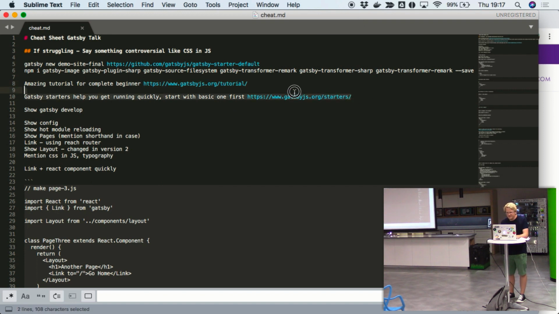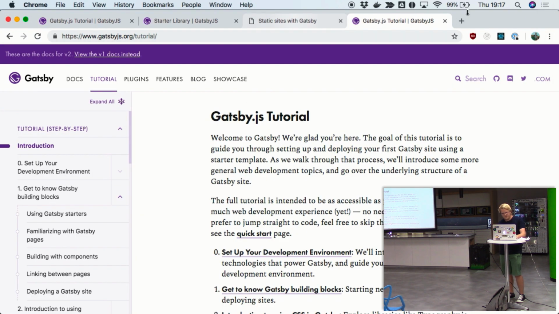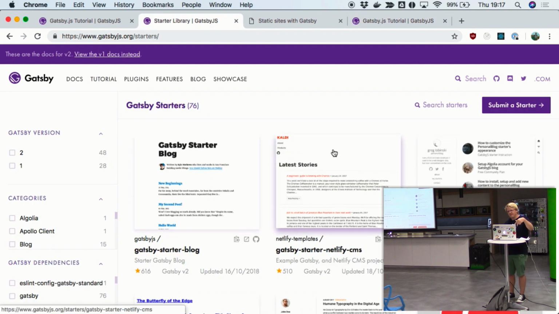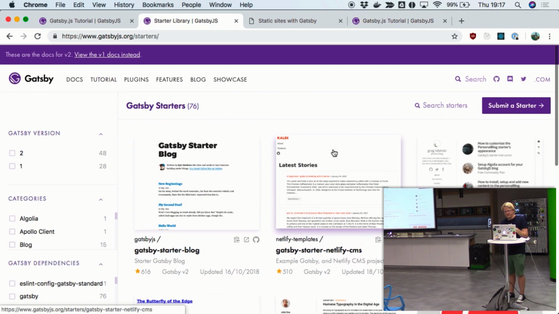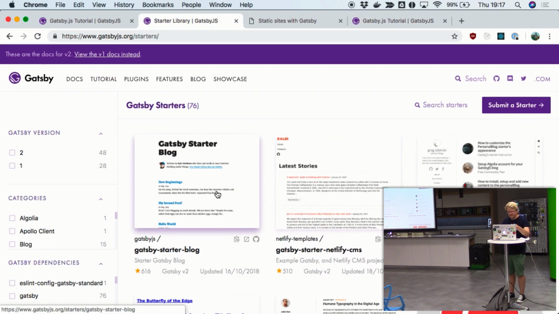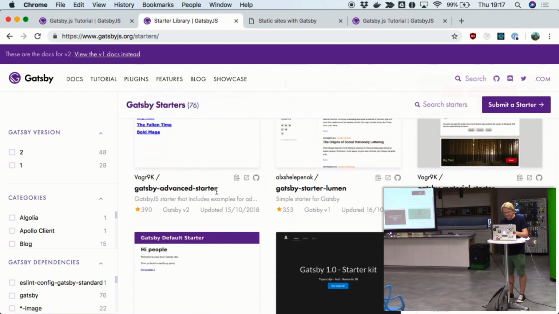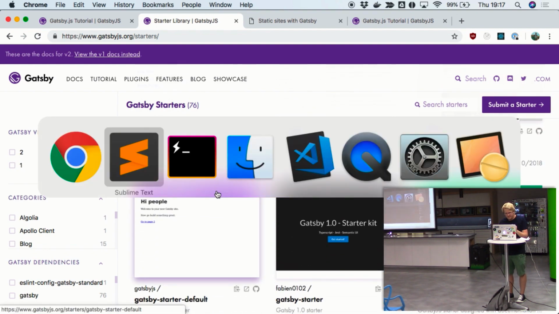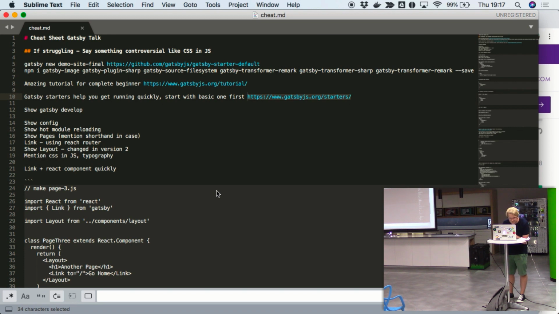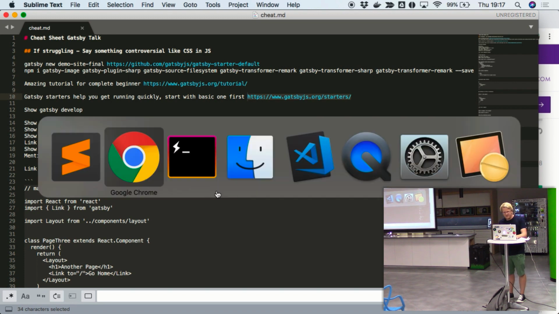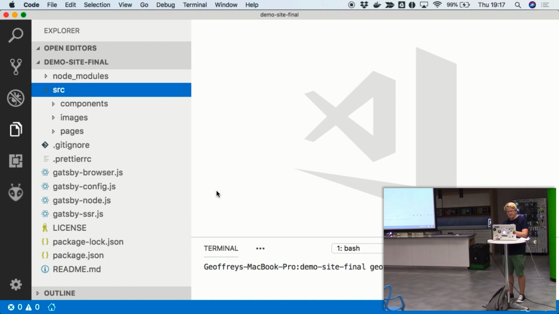And then, like I said, the starters. They've got a starter library here, so if I want to start a blog, I'll just start with the blog starter, and then I'll edit it to make it nice. And they've got a whole bunch. So once I've installed that starter, I get just a normal project.